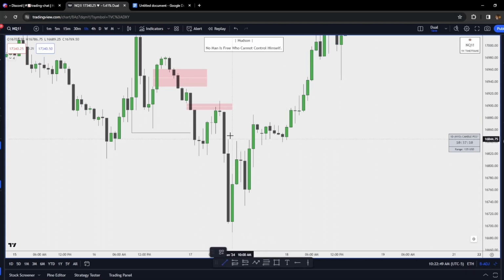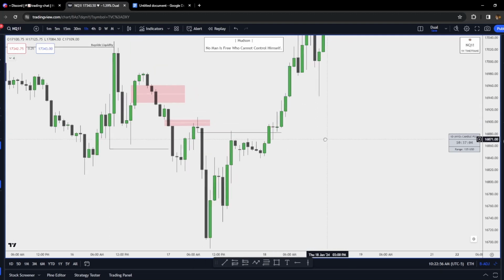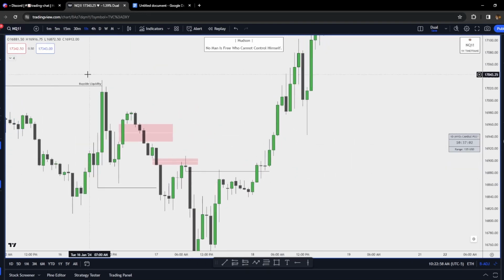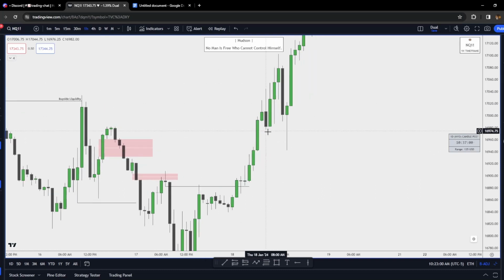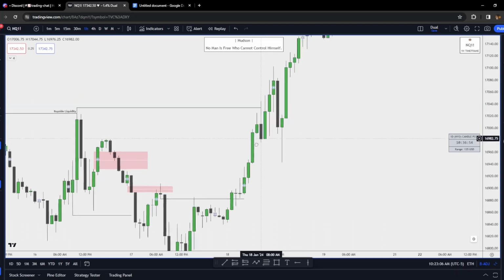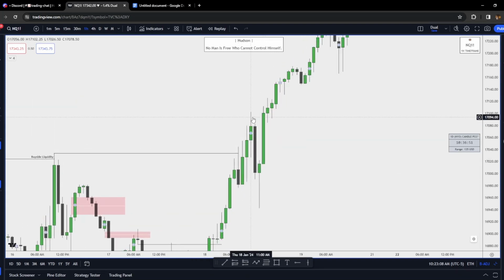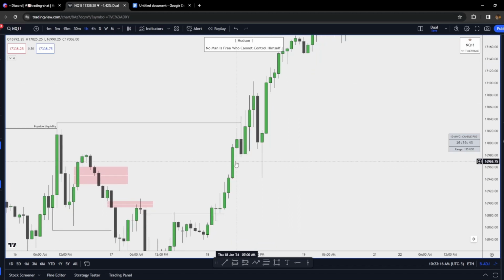Notice we get a closure above it right here. So we get a closure above it in the overnight session. So what does that mean? External now becomes the draw. Notice what happens. We go straight up to external, pull back to internal, and then we have continuation higher during New York session. And then we come back down, come back into here and sweep